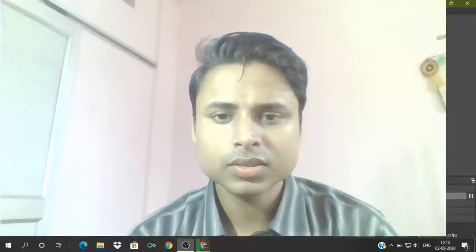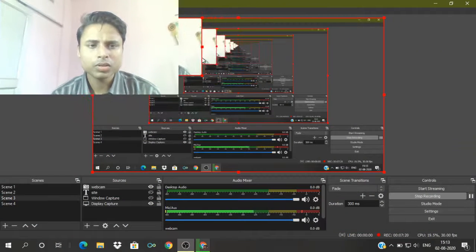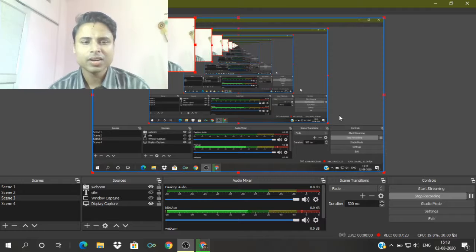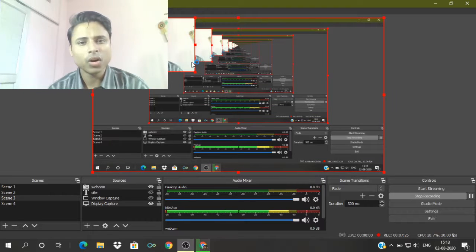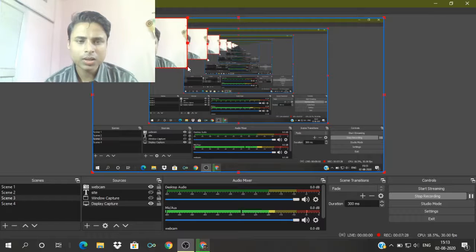Now you can see me. Now you can see me in the whole screen. Let me minimize the screen. For minimizing the screen, you can hold your mouse cursor on a corner and you can minimize the screen, right? Now you can see me on a corner side. So this is how you can set up the first source, that is the webcam source, on the screen,